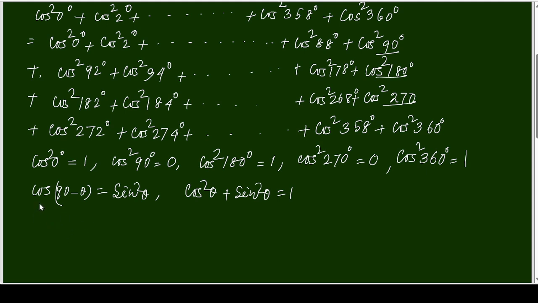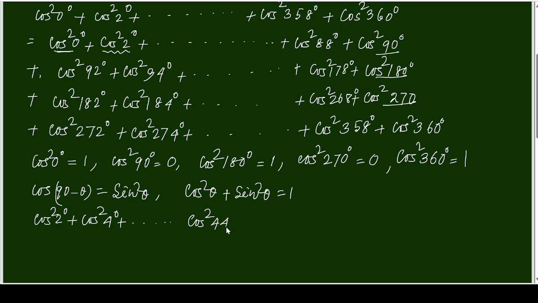So it starts from cos 0. I am not writing it; I am starting from here because we have taken it as 1. So cos square 2 degree plus cos square 4 degree. Here somewhere I'll get cos square